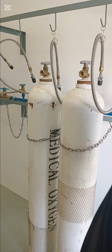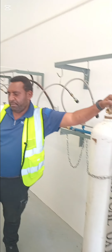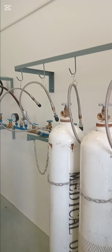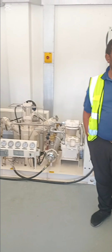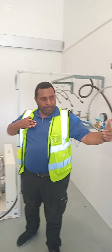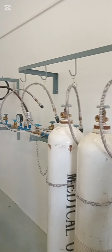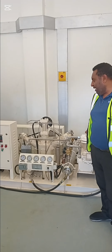So this is the filling rack. We've got 8 on each side, and we fill the cylinders here. That's the oxygen we have. Because of the high pressure, once it comes out and the pump goes in, the filling finishes straight away. Once it's full, there's a pressure differential, and then this compressor will automatically